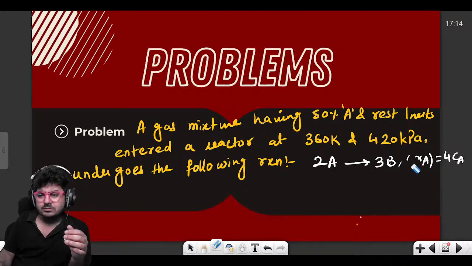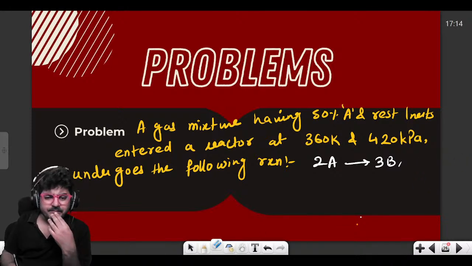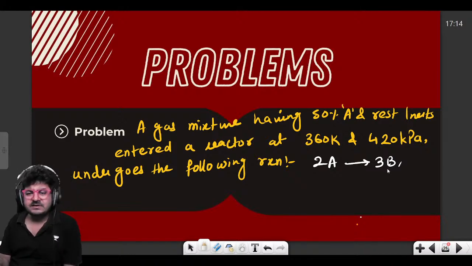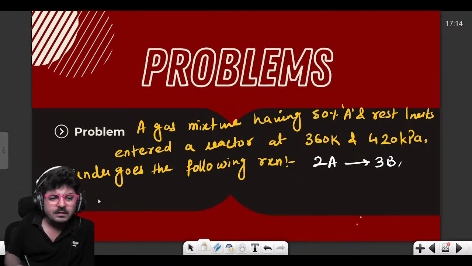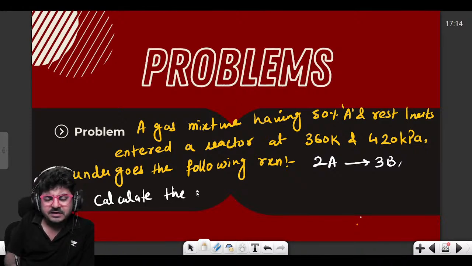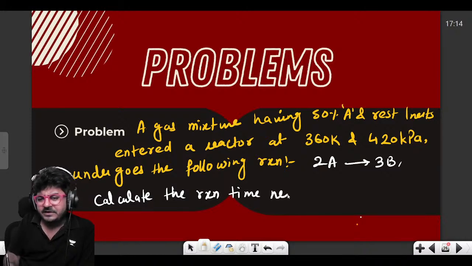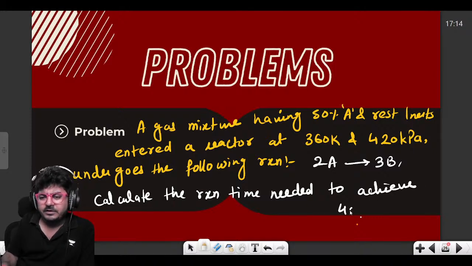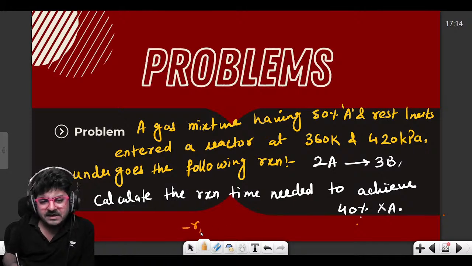Or, do one thing, minus Ra, not now. This is the reaction. Calculate the reaction time needed to achieve 40% conversion of A. Now here you have to write the rate of reaction, so you write this: minus Ra is equal to